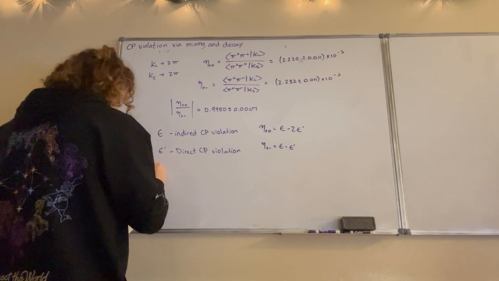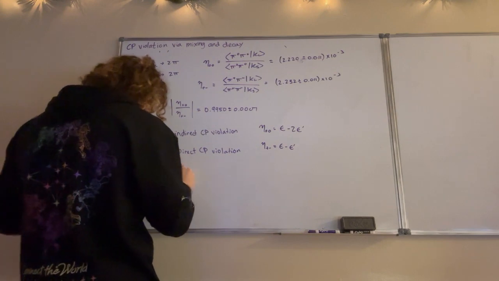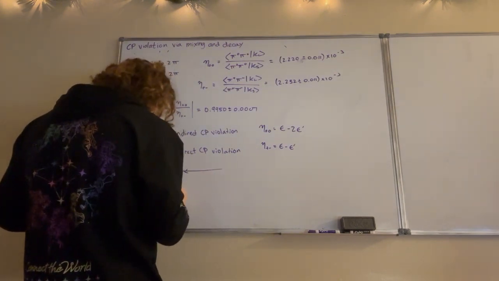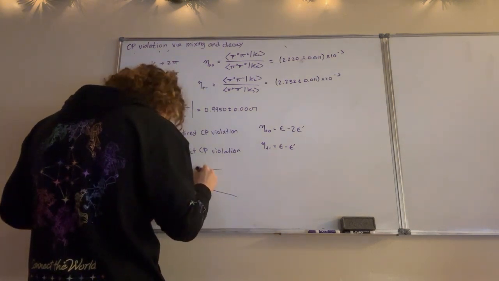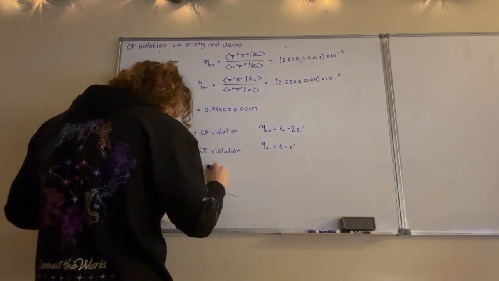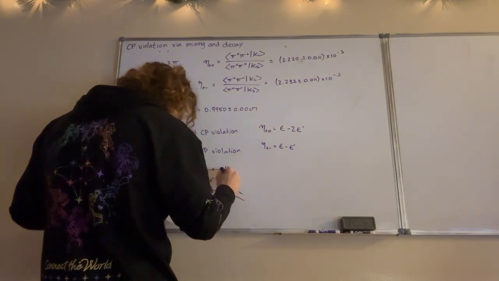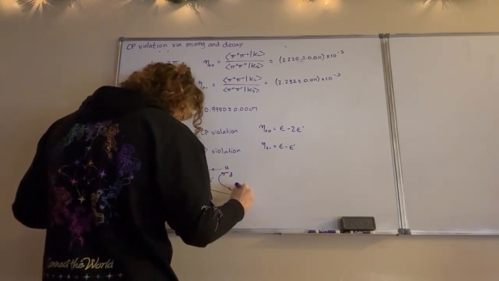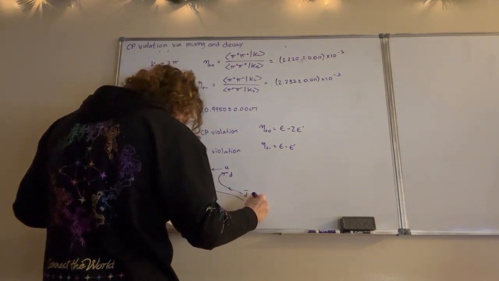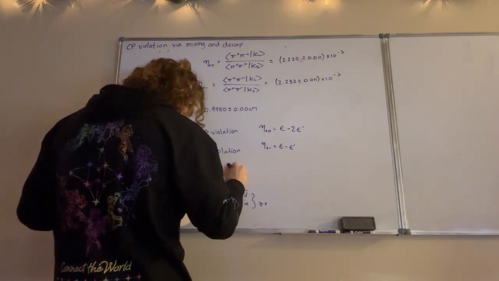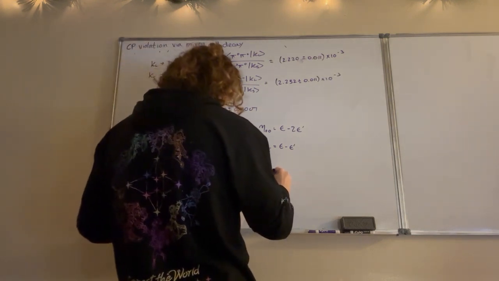So we have a K0 as a s and a d, where this is a W minus, this is a u, this is a d, that's an anti-d, and that is a u. So we have a pi plus, pi minus, and then also contributing to this, we have